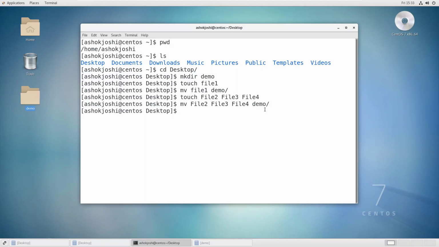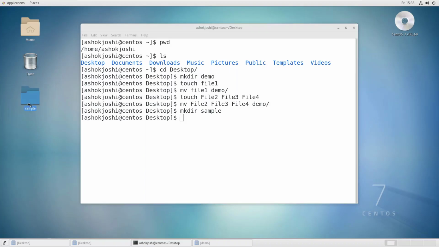Next example, let's see how to move a directory. I will create a new directory here inside Desktop. Let me create one directory with mkdir, a sample directory. You cannot notice it because it's above demo, so let me bring it a little down. I will try to move the sample directory inside the demo directory.